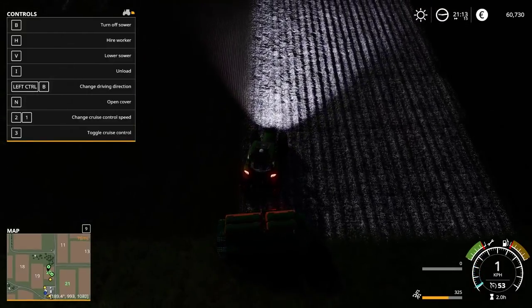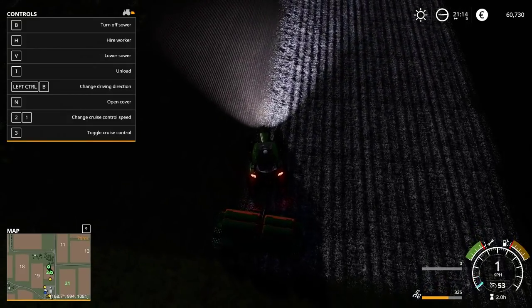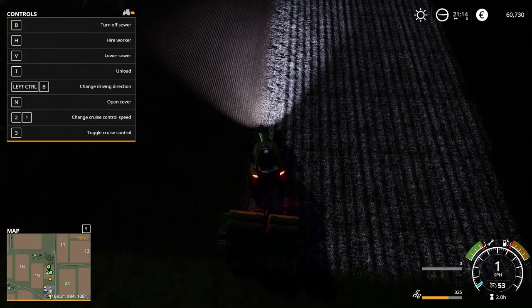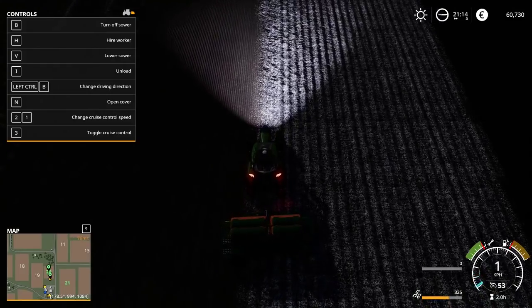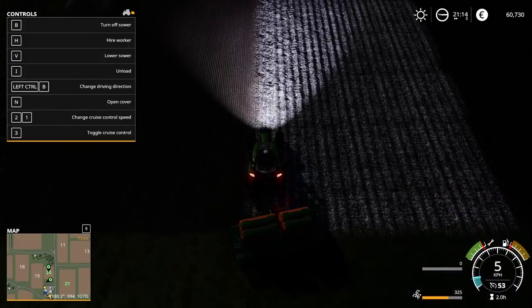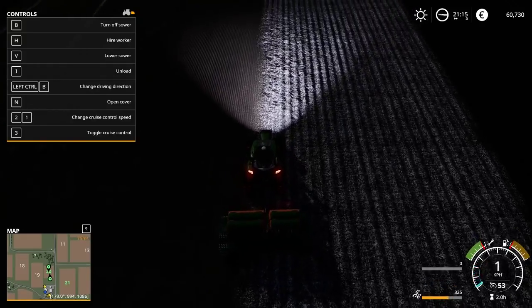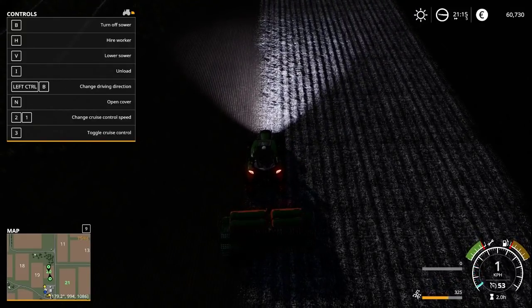Yay! So we need some... not pesticide, herbicide. Herbicide, yeah, which means we're going to need a sprayer, which means more money. We're kind of running out, aren't we? Can we not use this lime machine to do it? Technically... no, that spreads fertilizer,